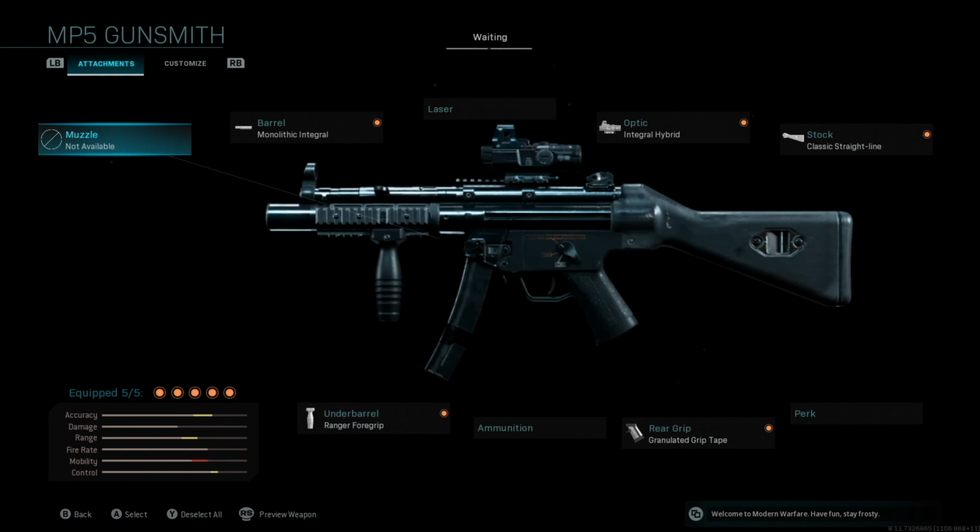Now this is the setup I used for the long shot kills. As you see, the mobility is greatly reduced, but the accuracy, range, and control are amazing, and that's the reason why I have it. I can just sit perched, waiting in an area, get them long shot kills, and boom, I'm done. This is probably one of the better ones. If there's a better one out there, let me know, but in my opinion, this is one of the best